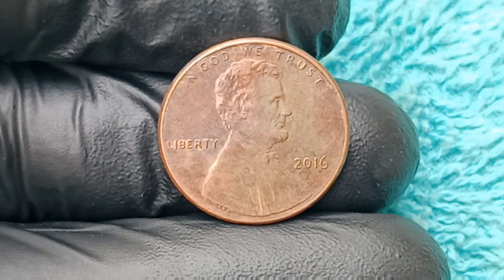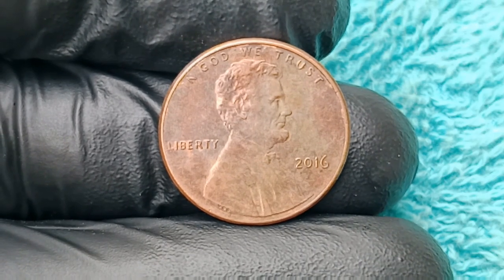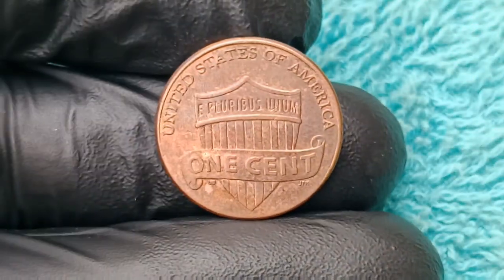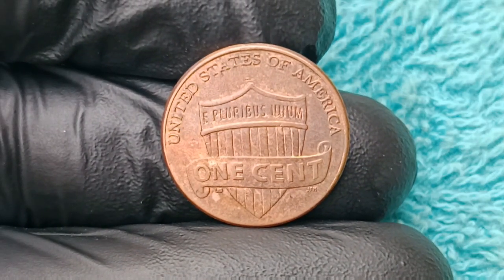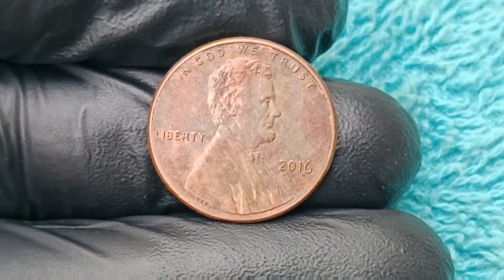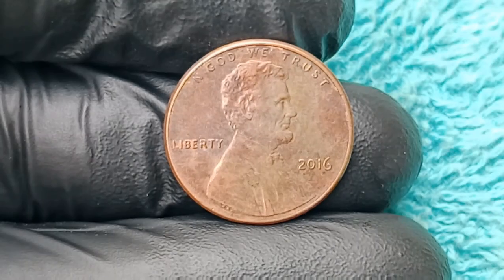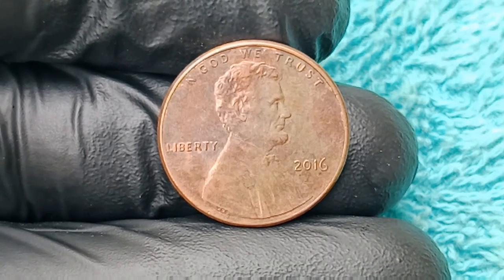And when news of this coin's discovery broke in 2019, it instantly became the talk of every coin forum, auction house, and expert panel across the country, with offers from elite collectors exceeding $20 million within the first month. And as experts debated the full extent of the coin's uniqueness, it was eventually purchased in a confidential transaction for an astonishing $253 million, not just for the physical coin, but for the historical significance, the rarity, and the unprecedented combination of so many distinct and verified minting errors in a single specimen, something that had never happened before and